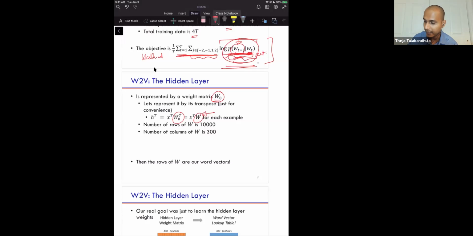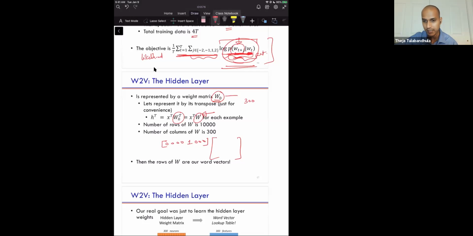So, let's say my one hot encoded vector for ants is something like this, some vector like this. Now, if you think of the W matrix, so W naught. Remember W naught. If it's the weight matrix corresponding to the input to the hidden layer, then it has to be of dimension